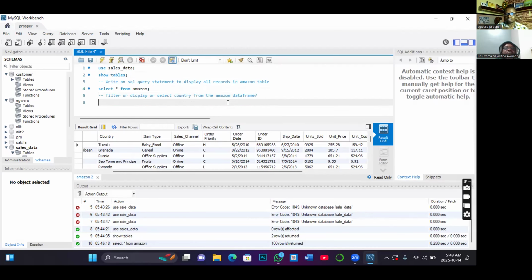So it is a task. For example, as a data analyst, there could be a reason. The reason could be that the company wants to view only one column, like country. So they want you to select, in other words, to filter in the whole of this data frame. They want to see only the values under country. So how do you write an SQL query statement to bring out only that portion of your data? So the syntax will be select,